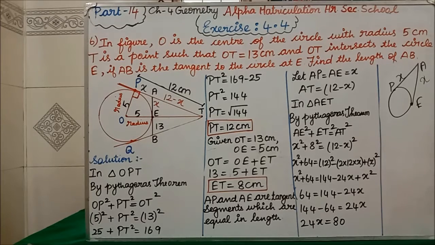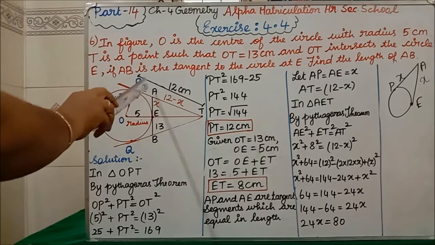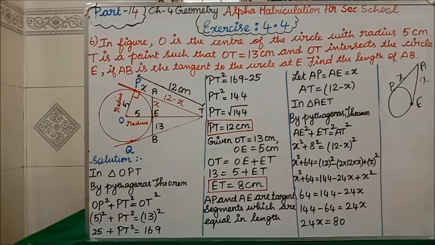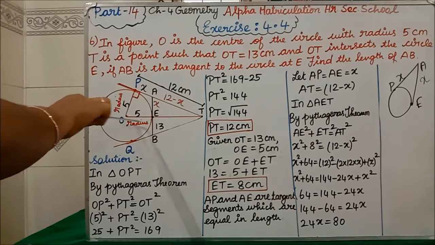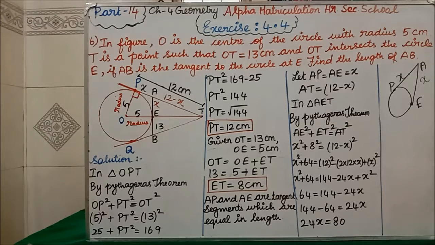Clear? Now we are going to take in a triangle AET. This triangle AET we are taking. Okay. See this line AE is what? This OE is what? Radius, and this is the tangent. So E is what? At perpendicular. So angle E is 90 degree. So 90 degree means we can apply right angle triangle. We can go for Pythagoras theorem, isn't it?